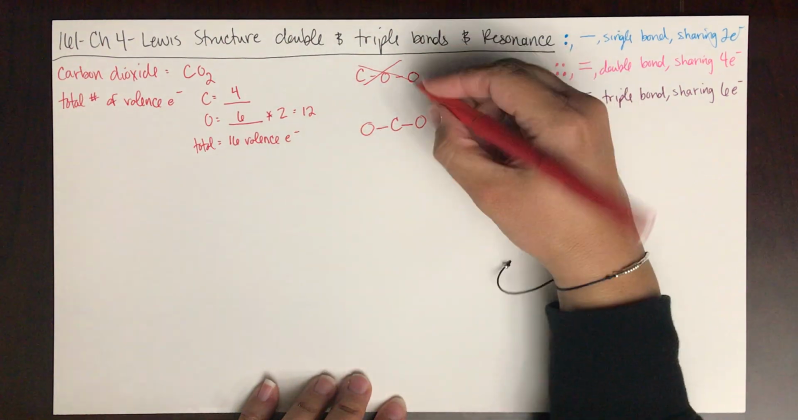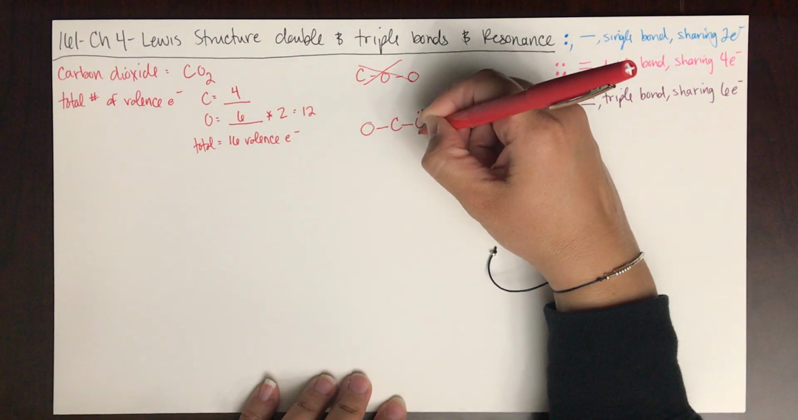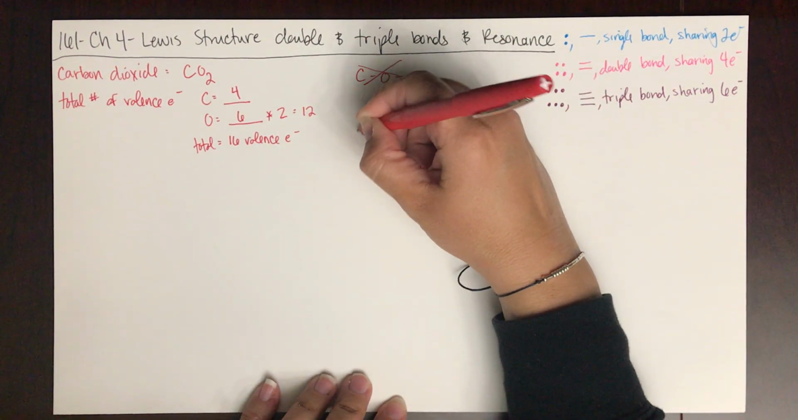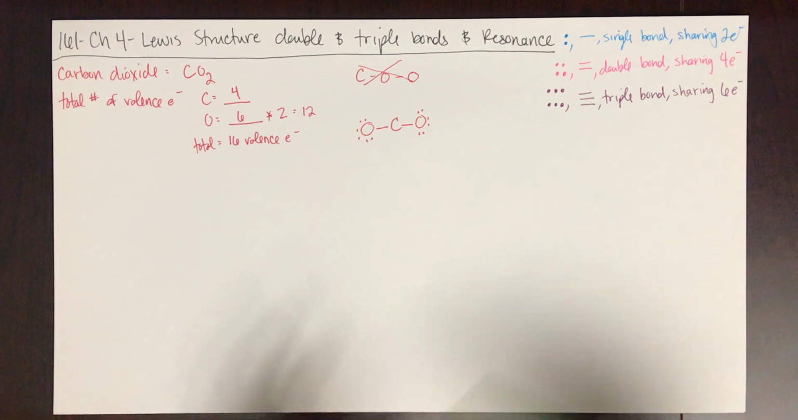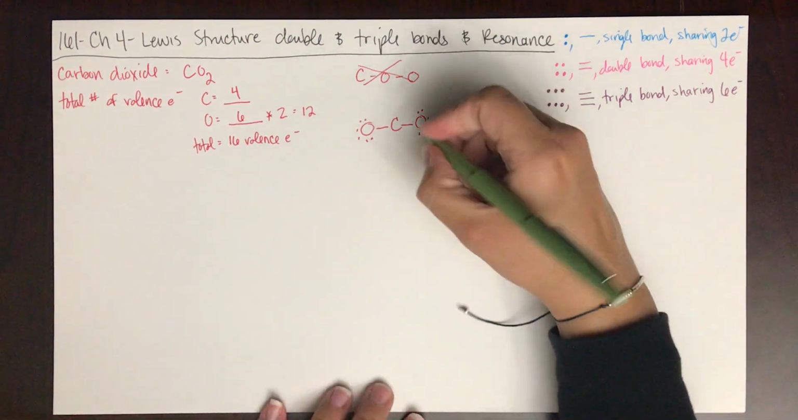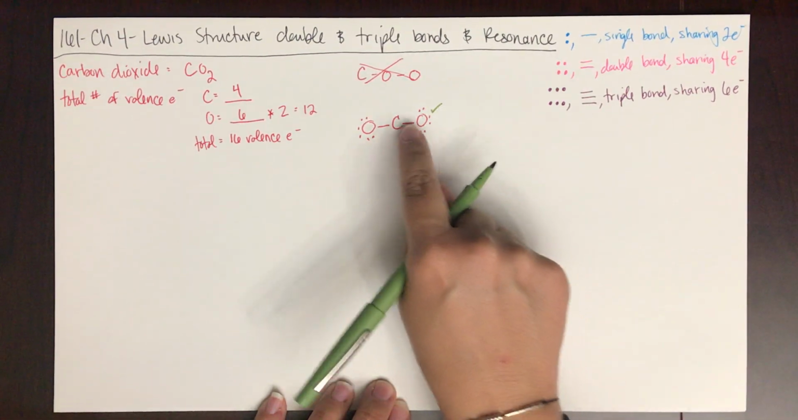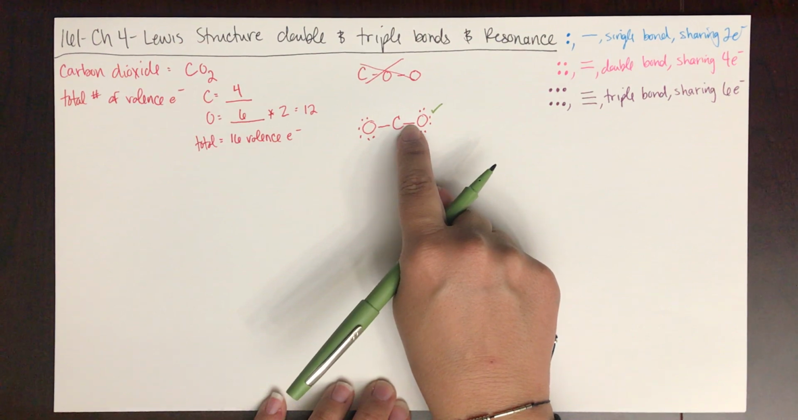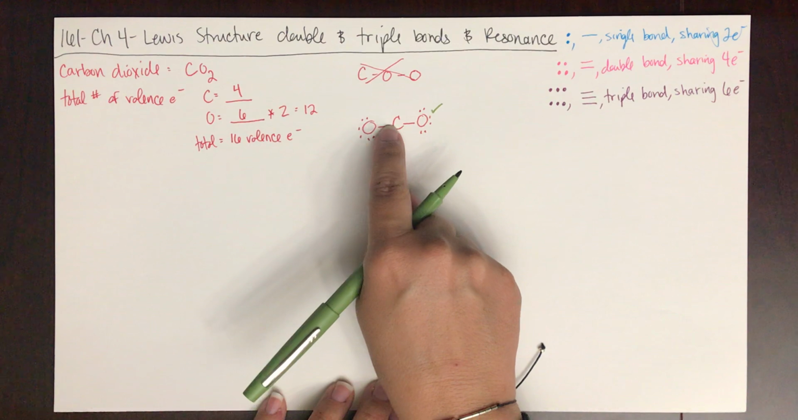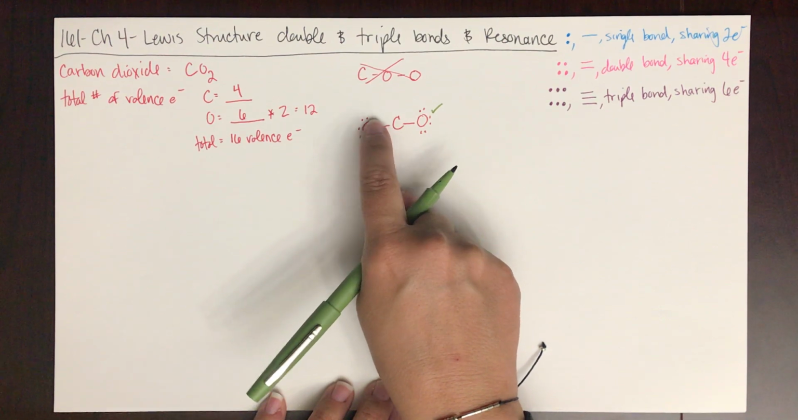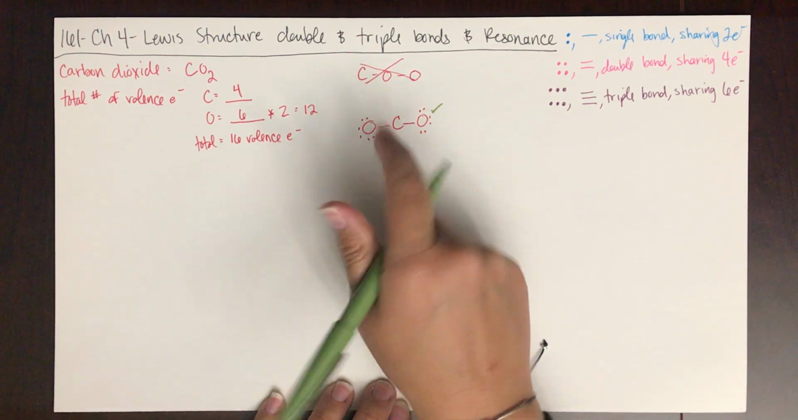So 2, 4, 6, 8, 10, 12, 14, 16. Okay, so we've distributed all the electrons. So let's just look at what's happened here. Now this oxygen has a full octet because it's sharing these 2 electrons, and then it has 4, 6, 8 more. This oxygen has a full octet because it's sharing 2 electrons, so it has 2, 4, 6, 8